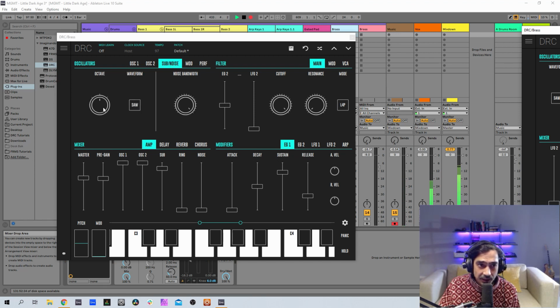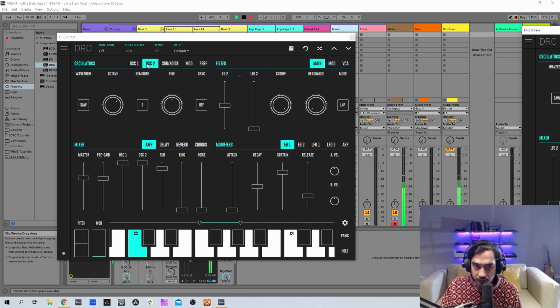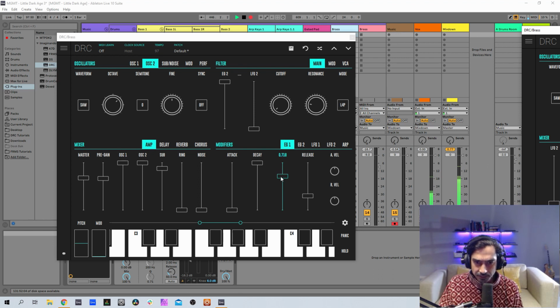Okay, now let's go to sub-oscillator and raise 1 octave, like this. And now, for the filter, we've got envelope generator 2 amount at maximum, cutoff at 0, and resonance at 188. Now for the first envelope generator, we got 0 attack, decay at maximum, sustain at 523, sorry. Release at 407.